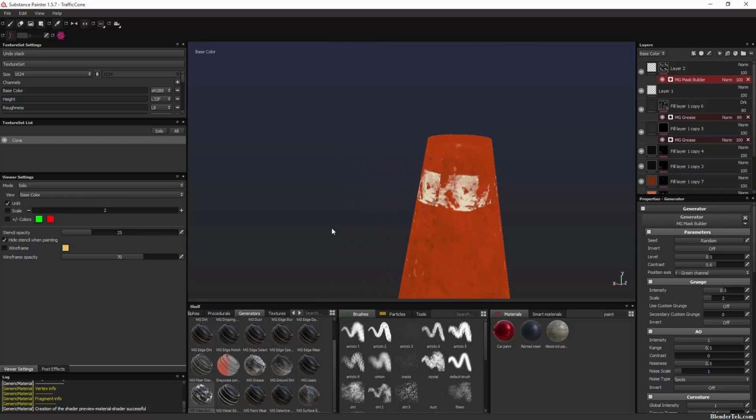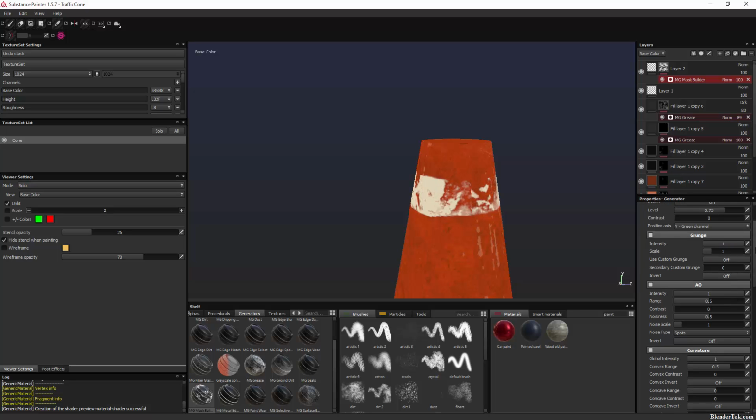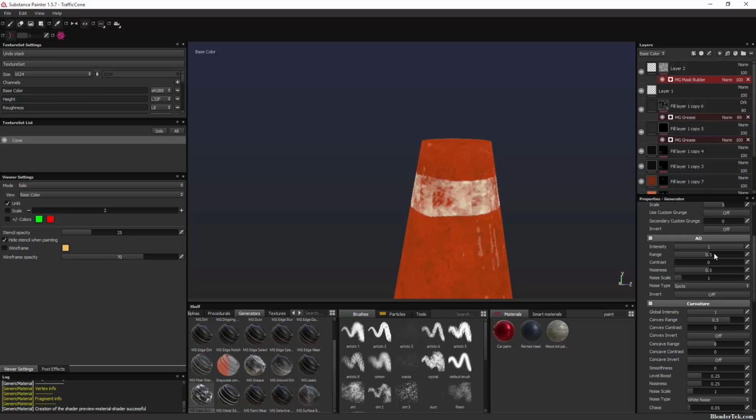Alright, let's see what we can do. So, levels pretty high. 0.85, sure. Contrast very low. Maybe 0.75, bump it down. Intensity on the grunge, actually, let's go pretty low, 0.27. The scale, however, yeah, we want to bump that up. Looks like 5 looks good. Secondary grunge, we don't have one, so we'll turn that off. The AO range